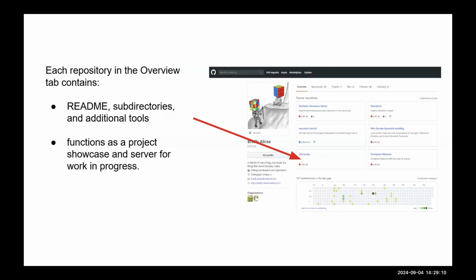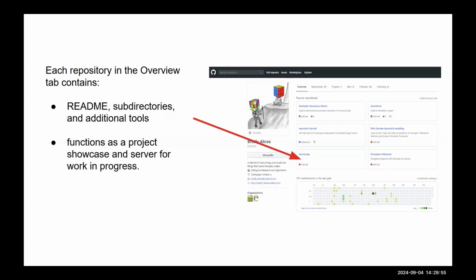But each of these cards that I was talking about before is a single repository. So this links to a single repository. We saw a repository example earlier. Each repository typically consists of a README file, which is a file where you kind of describe what's in the repository. There are subdirectories, which means that you can create directories of files that you can name, so you can organize your repository into different themes or categories. And then additional tools for checking files, all sorts of this stuff we'll get into in the class that is incorporated into GitHub.